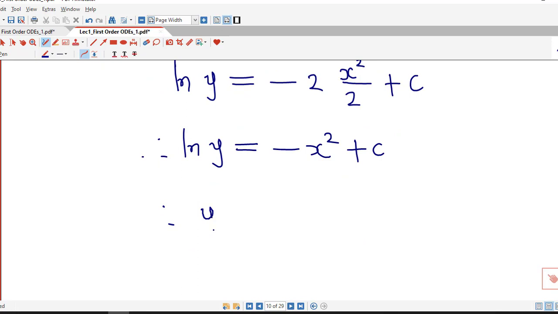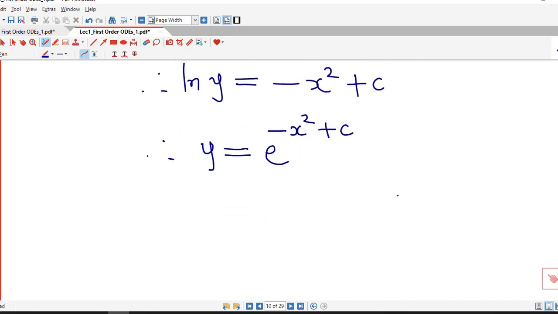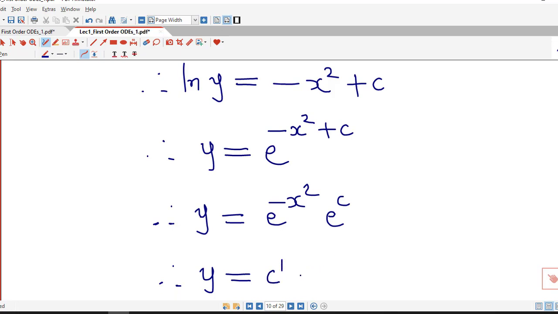And using the definition of exponential and logarithmic function, this we can rewrite as y equal to e raised to minus x square plus c, and again we can rewrite this as y equal to e raised to minus x square into e raised to c, and we can denote this e raised to c by c dash e raised to minus x square,